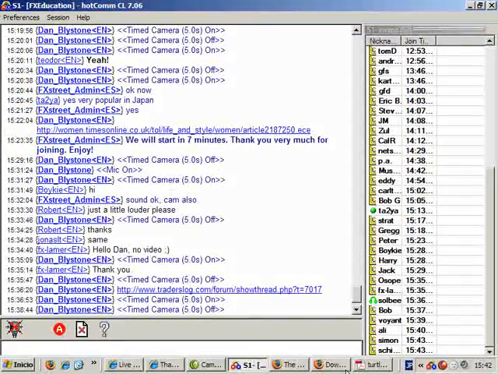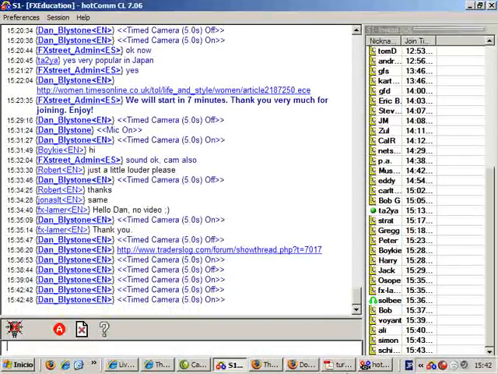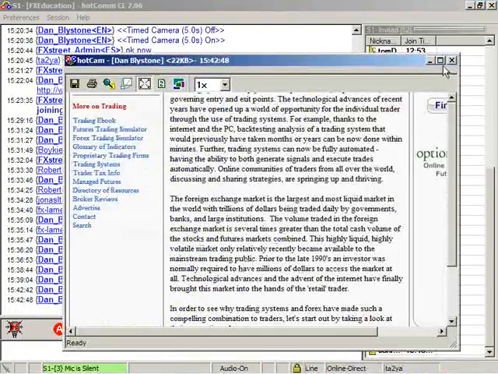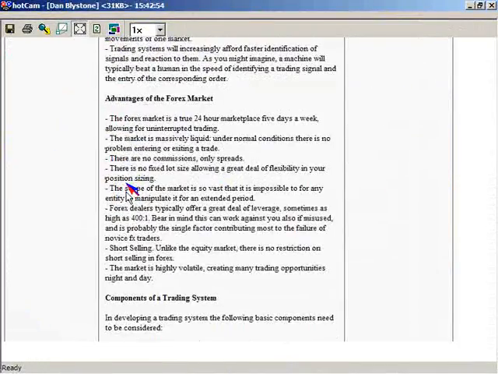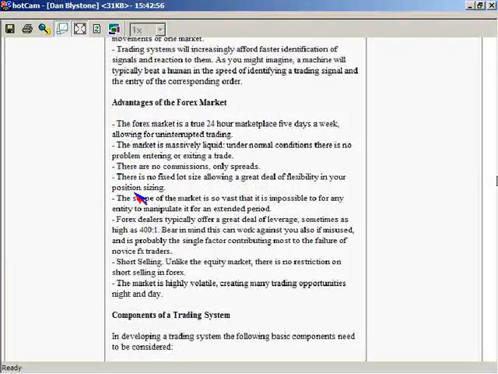I'm going to scroll this down a little bit. So we're looking at advantages of the Forex market. The scope of the market is so vast that it is impossible for any entity to manipulate it for an extended period. So where in some markets you might have a hedge fund pushing a stock around, manipulating a stock,